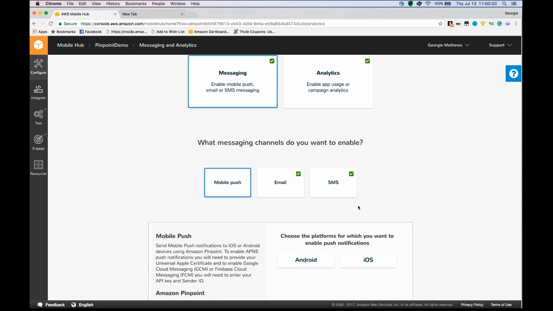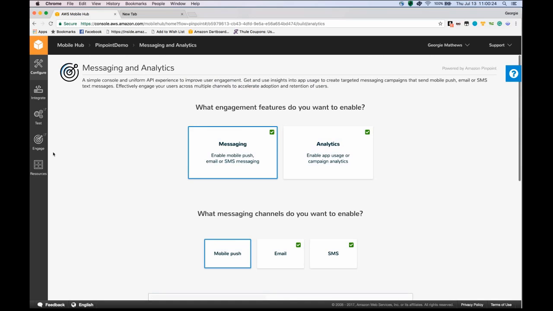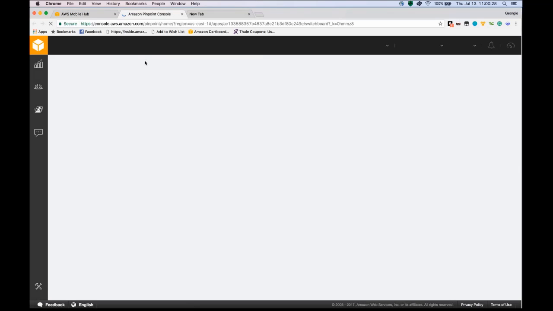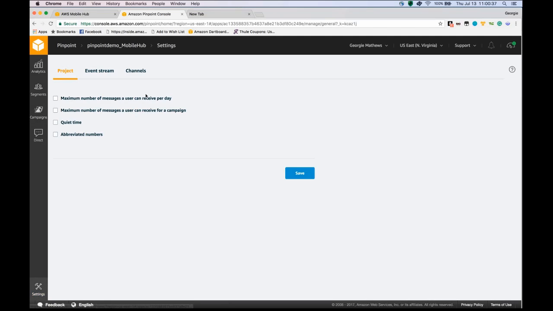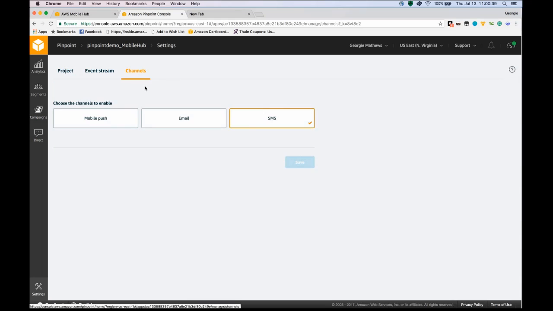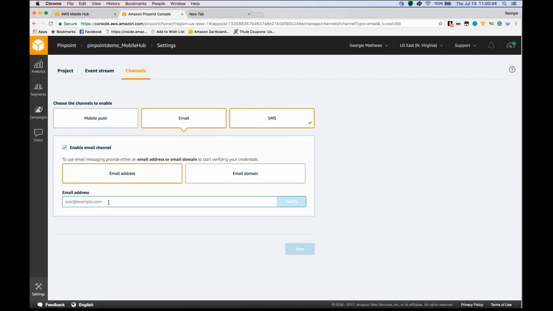Now, it's set up. You can just go to Pinpoint by clicking on engage here. This will direct you to Pinpoint. You will then see the Pinpoint demo app is already created. For enabling the channel, you can go to the channels page. You can see email was enabled. You can now provide an email address. Let's see this,